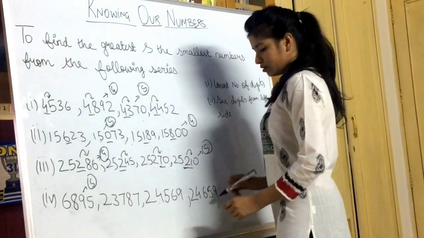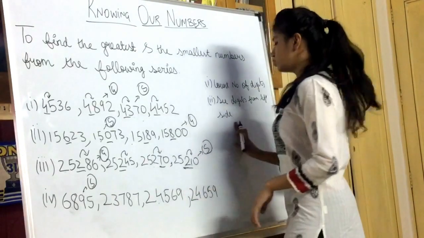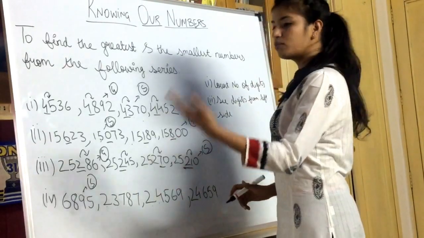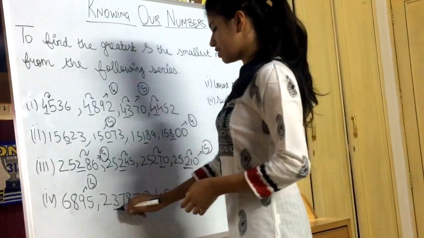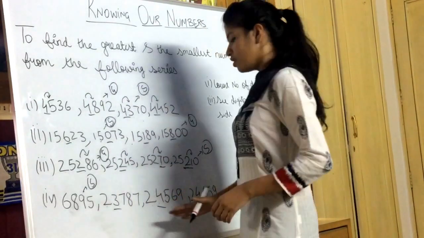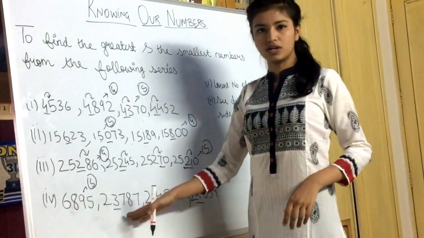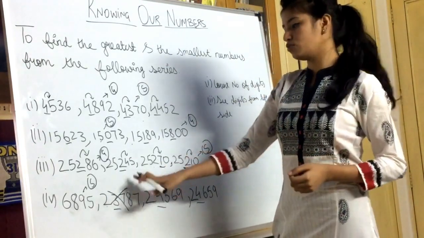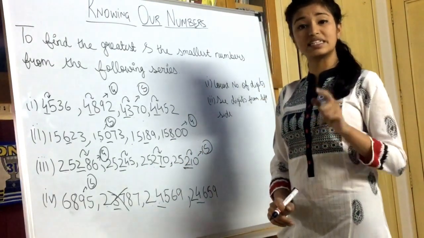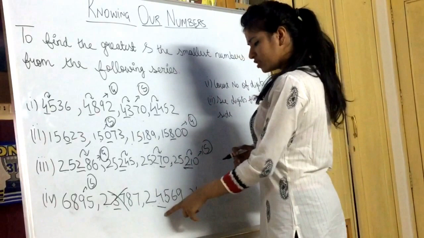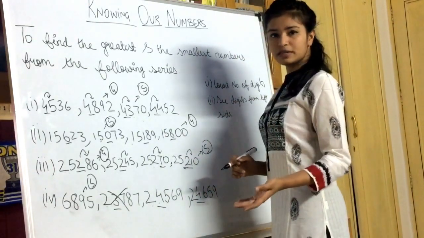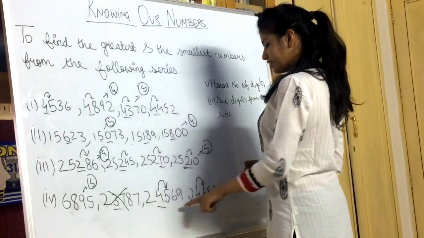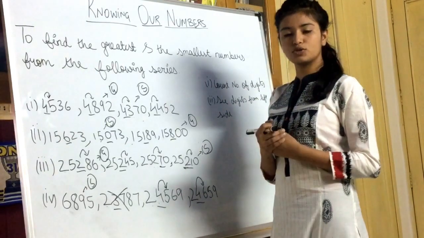Now let's come to the greatest number. The leftmost digit, step number 2. We see the leftmost digit, it's 2 in all the cases. So we move on to the second digit from the left hand side, that is 3, 4 and 4. Since 3 is smaller than 4 and 4, we do not see this option. This option is eliminated for the greatest number, because 3 is anyway smaller than 4 and 4. So 3 will not be the greatest. We move on to the next digit. From 5 and 6, which number is greatest? What number do you think is greater?